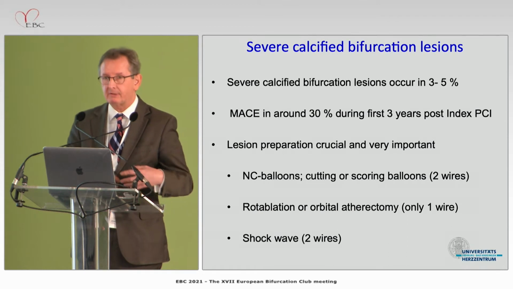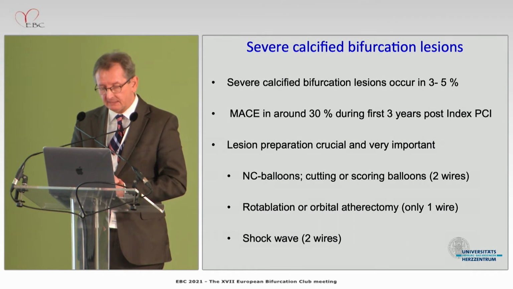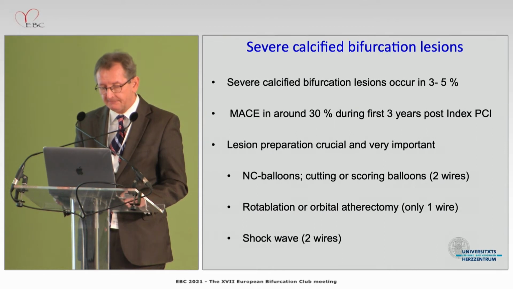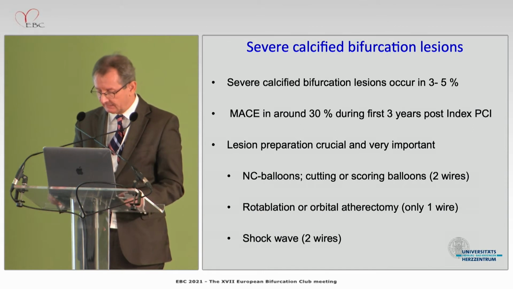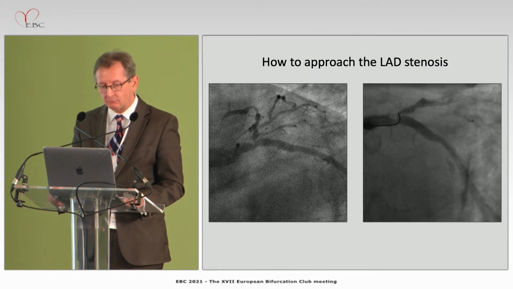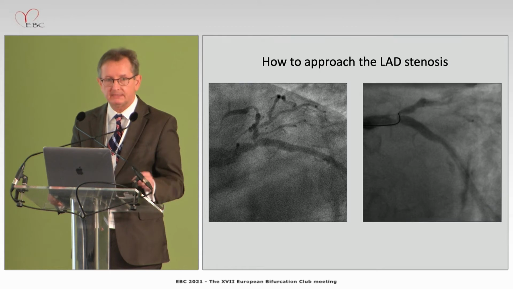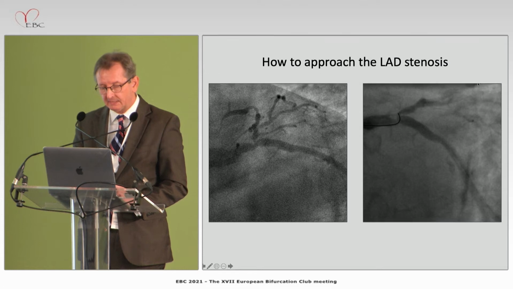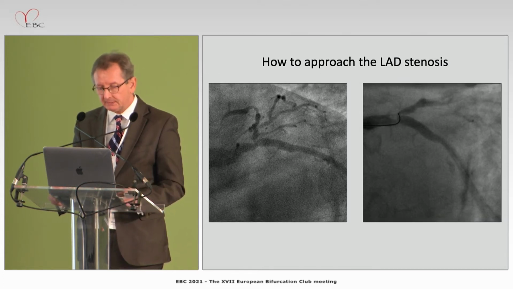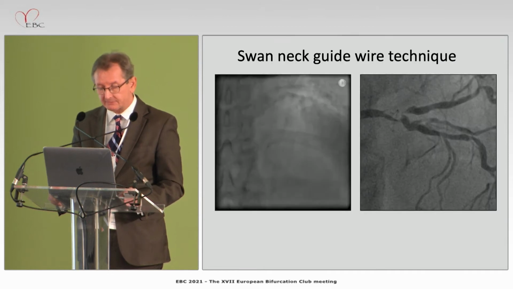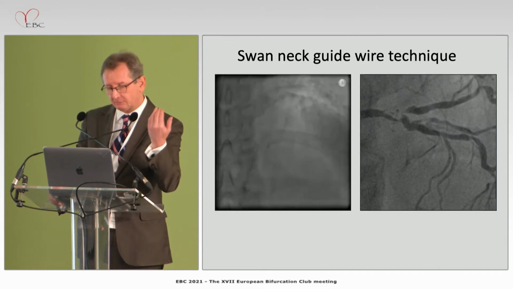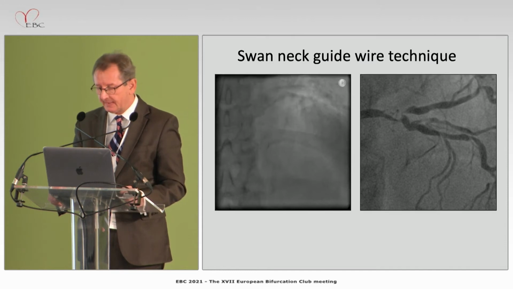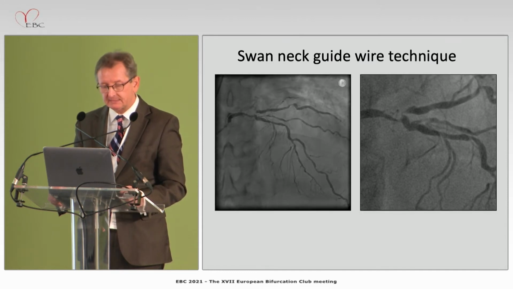And again, if you start such lesion preparation with a shockwave balloon, with IVL, we have a definite advantage to have 2 wires in position. And please always, if you see such very difficult anatomy, then there is a very clear need for difficult recrossing. You have to go sometimes from retrograde approach, and as you can see here in this